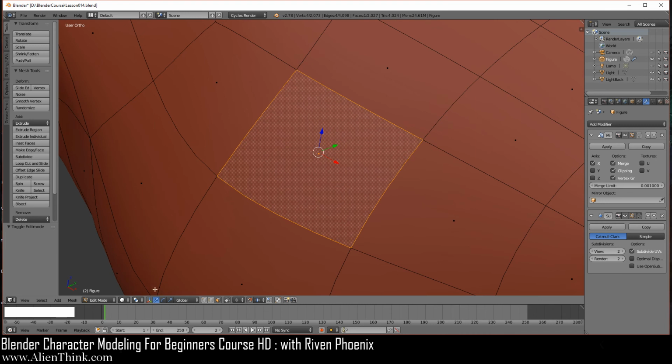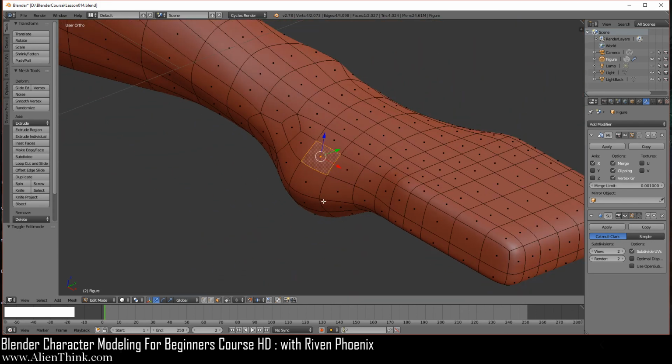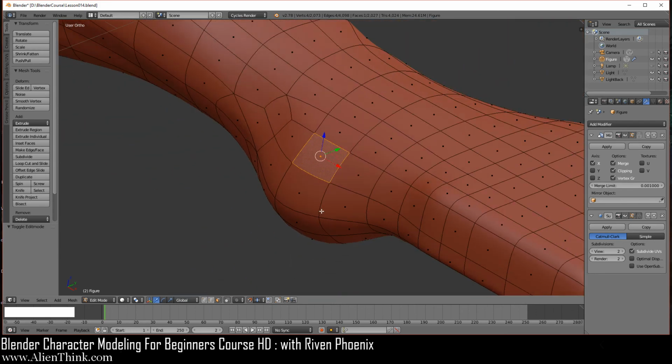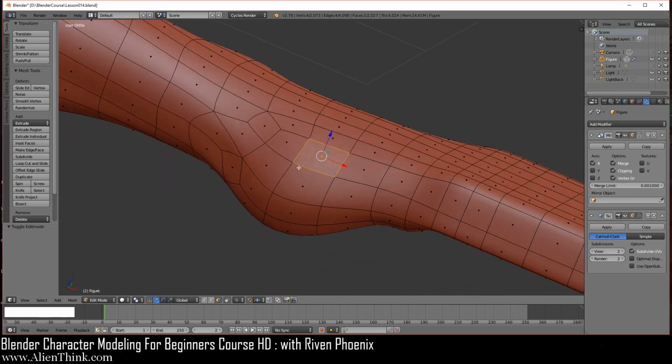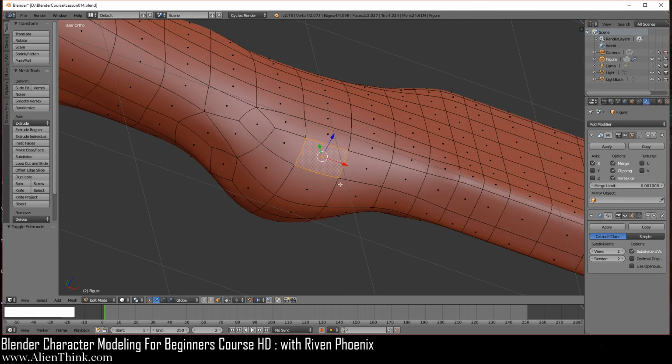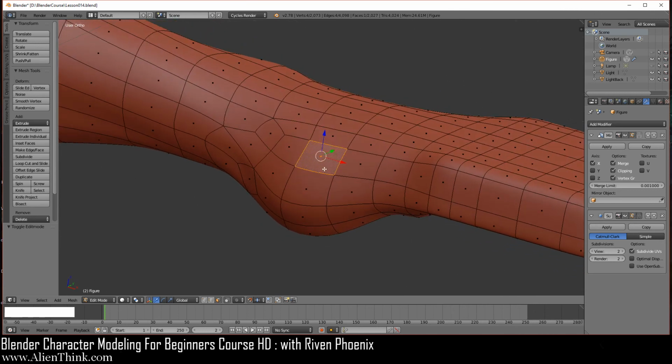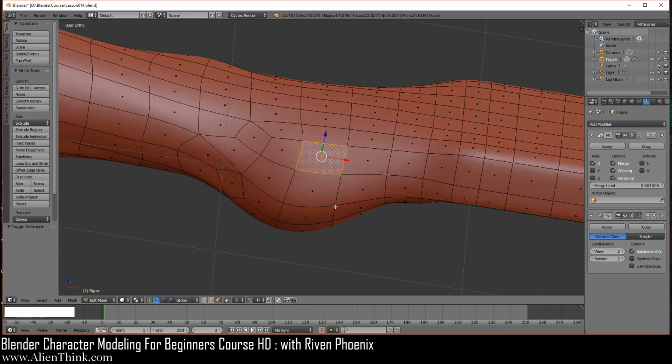Now remember, we are in obviously edit mode from the previous lesson. Now I'm going to do the scroll wheel on my mouse. You can see that we can simply zoom in and out on the selection, and then if we press the middle mouse button down, we can actually rotate around this selection, and this is all possible because we pressed the period key. It simply put the selection right smack in the middle.